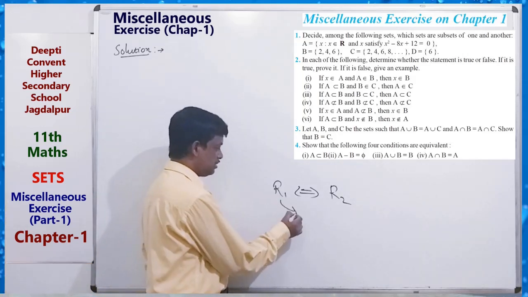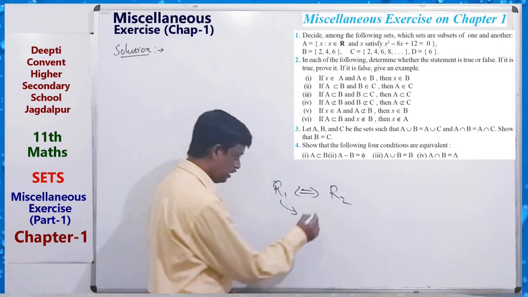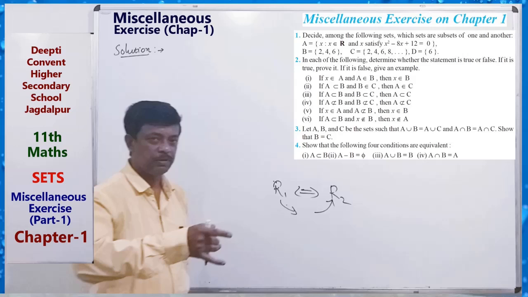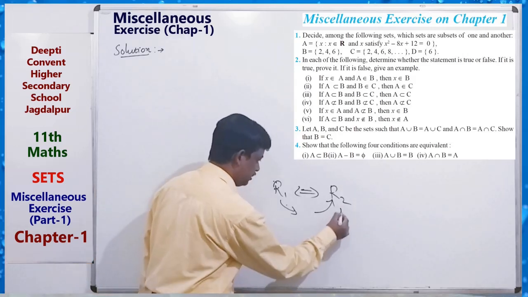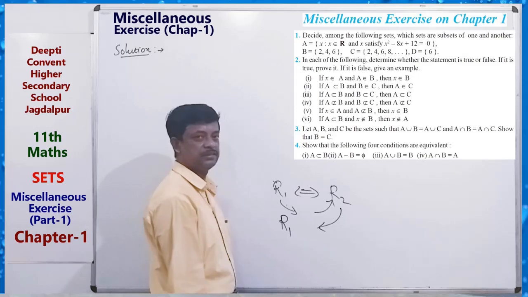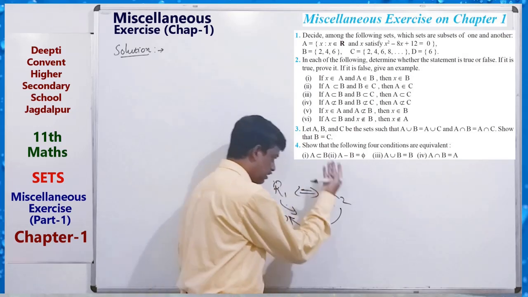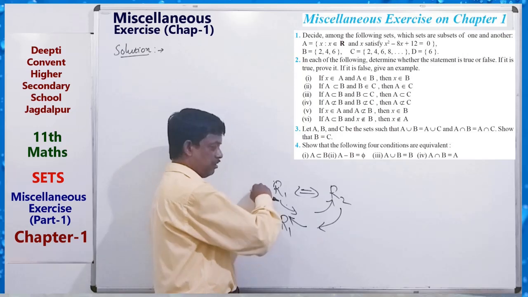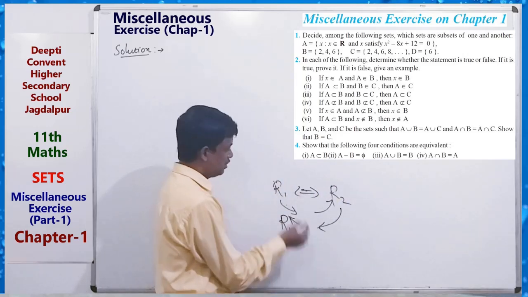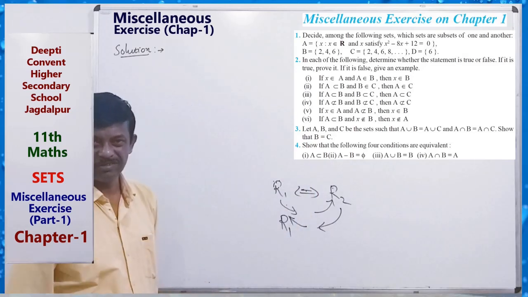If we take this, then we can get this. We have one way implication. And if we take these, then we can get this. By taking this, we can get this. One way implication. Also reverse. That is both way implication. That is, this is equivalent to this, in case of relation between sets.